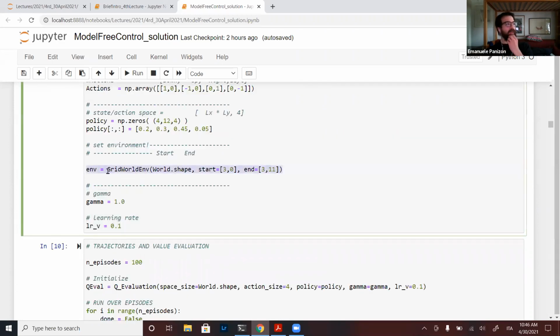If here, instead of having environment equal to grid world, the environment was anything which has the same basic structure, where you can ask to do a step when you do an action, and you get new state, new reward, done, etc., this should work in the same way. This is an algorithm which does not require any information of the model. It requires only information on the trajectories.